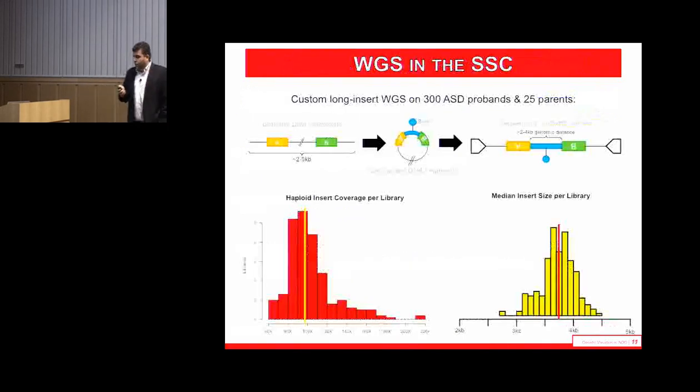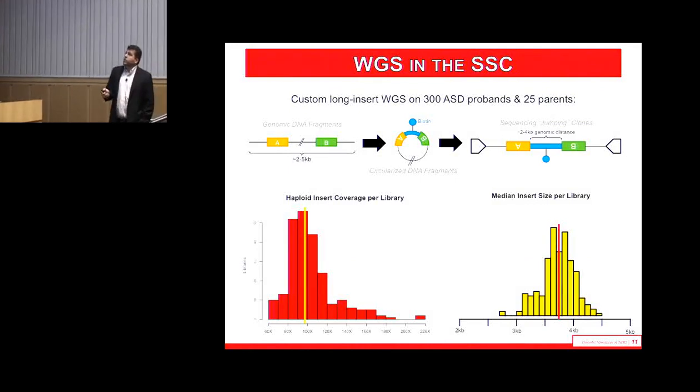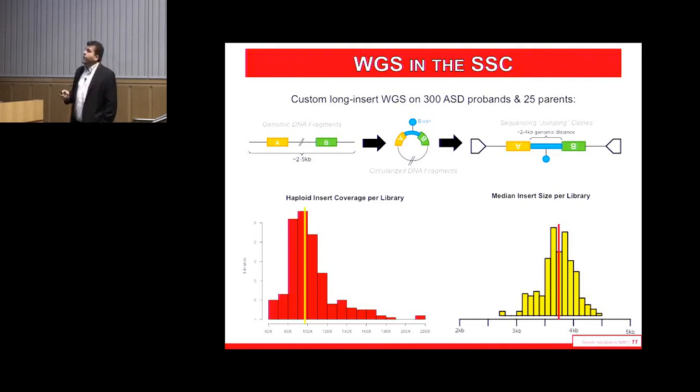Here's just a look at the overall metrics. So, this was the method I was describing. This is the look at the coverage. So on average, we generated about 100x coverage of all of our libraries. So this is extensive coverage compared to, say, the 1,000 Genomes, right? I'm completely amazed that Ryan and these folks were able, with 4x nucleotide coverage, to get the results that they do. So we generate 100x insert coverage. You can see this is the insert size distribution of the libraries. They're right around 3.7 kb, fairly tightly distributed between 3 and 4.5 kb. And so that's an important note.